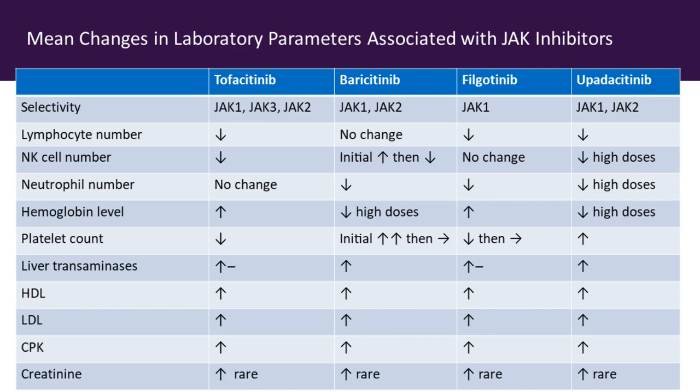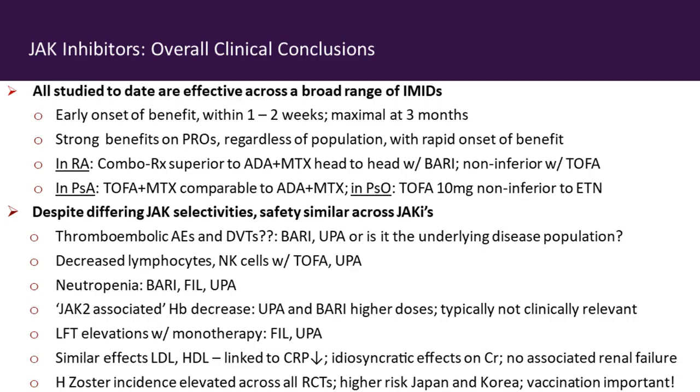So basically, I think that these are effective. They're exciting. Lots of different indications are possible. We've learned a lot about them. In RA, we can argue that combo therapy is superior to just adalimumab plus methotrexate with Baricitinib, with Tofacitinib is non-inferior. In PSA, we can say that Tofa plus methotrexate is comparable to adalimumab plus methotrexate, but it hasn't been